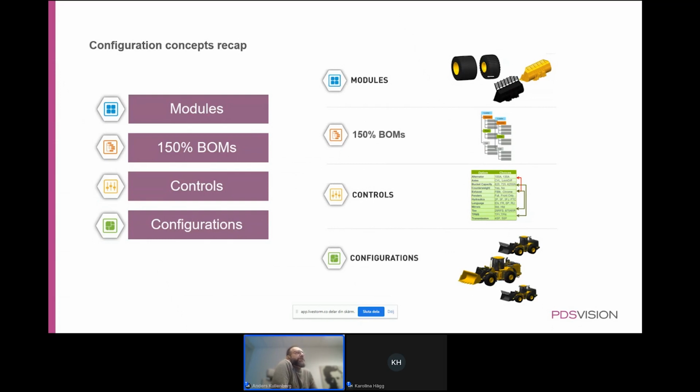We have the 150% BOM, or overpopulated BOM, or configurable BOM. It has many names. That's where we put together the different modules, all of them in a structure that we will use later on to generate variants. We have controls, and in Windchill this is called an option set, where we have options and choices and rules that define how these options and choices can be combined. And these controls are assigned with so-called assigned expressions to the 150% BOM. And this together then gives us the